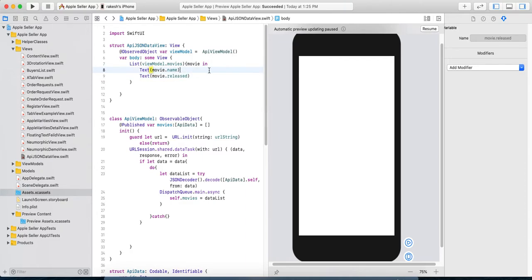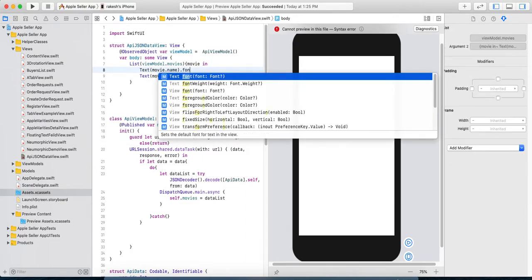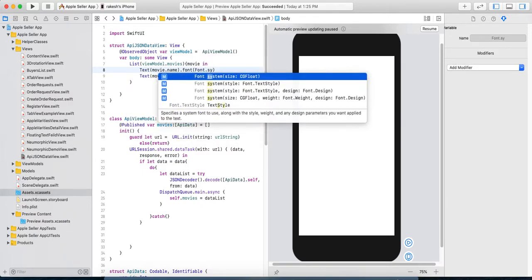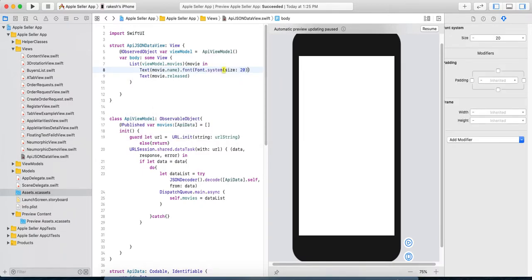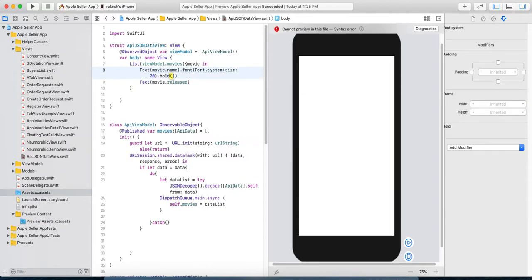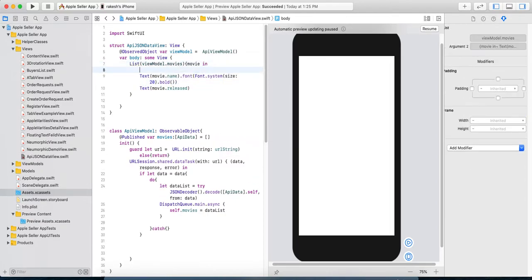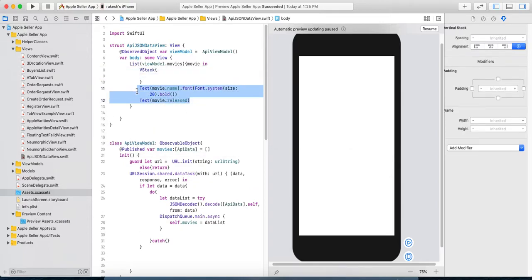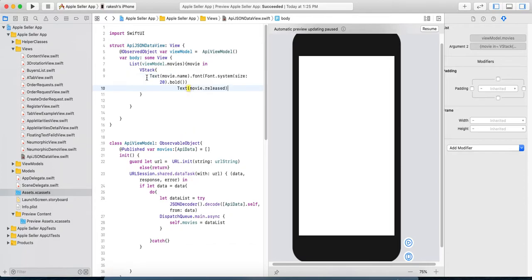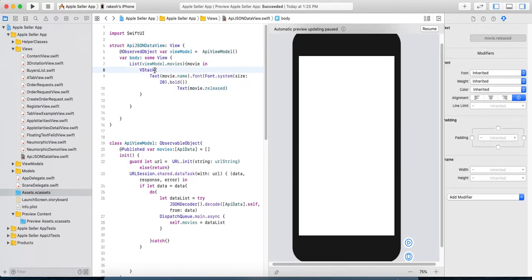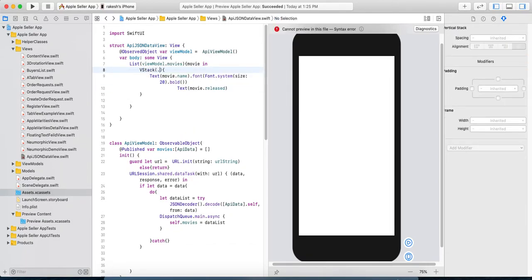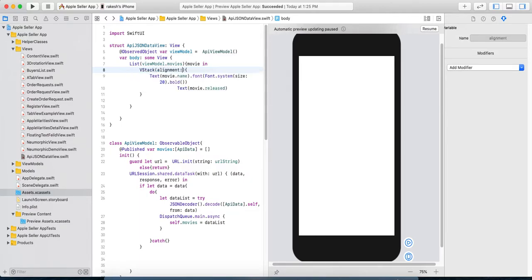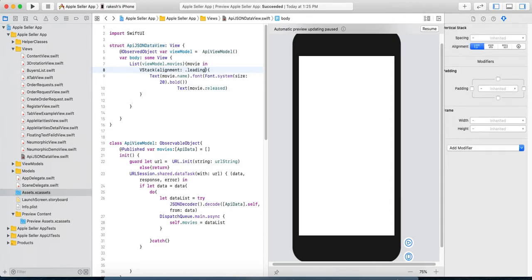Now we will make it a little bit larger, with font system 20 and bold type, and we will put it in a VStack with the alignment leading.